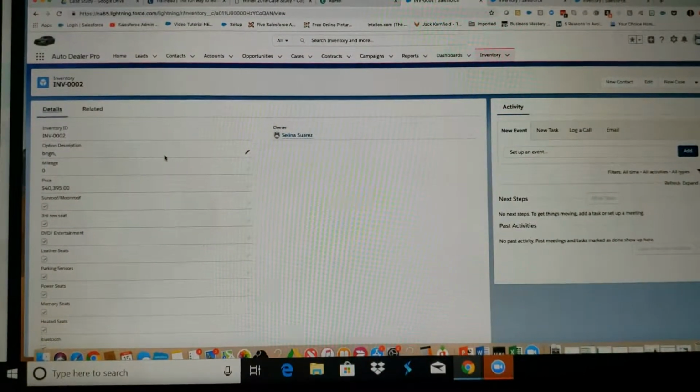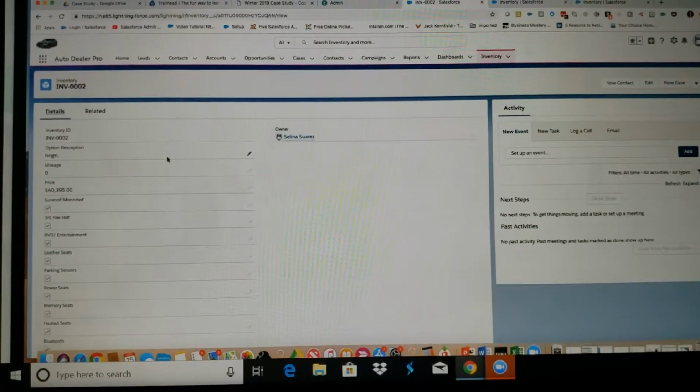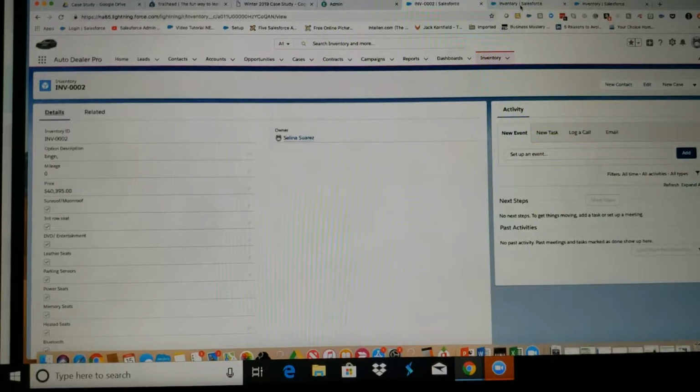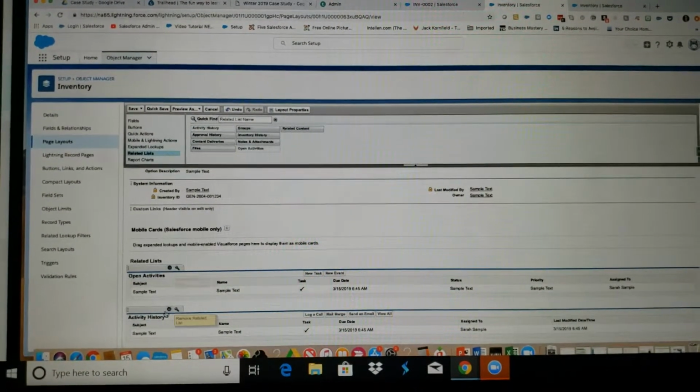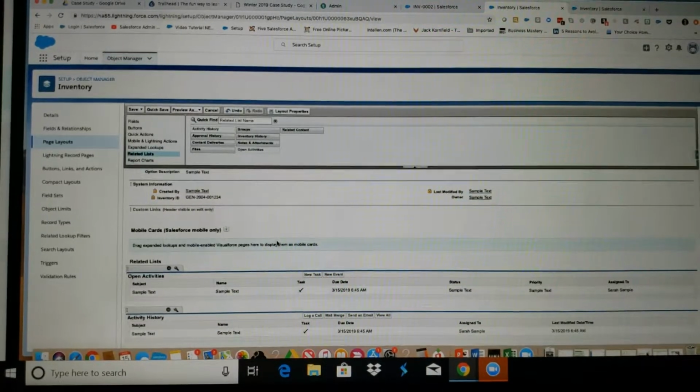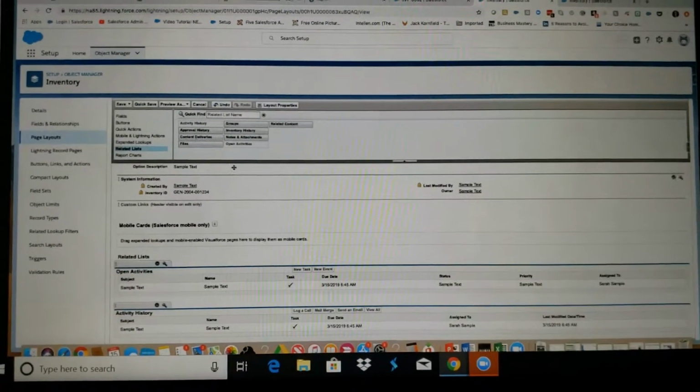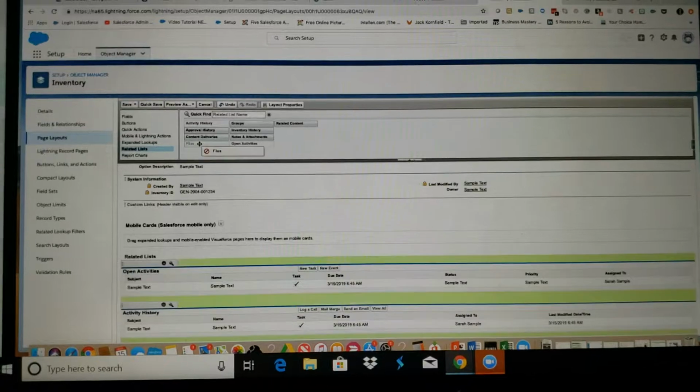We haven't related this inventory to anything, but we will. That's going to be the next thing we work on. So right now, we have all of our changes. It should just have open activities and activity history. One other thing I want you to add is where it says files, grab that and drop that